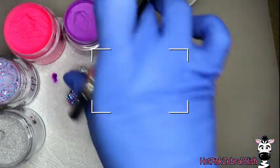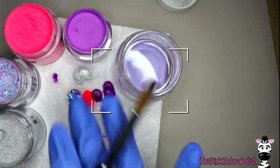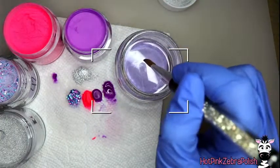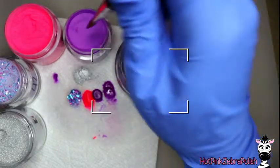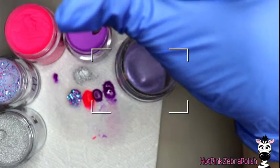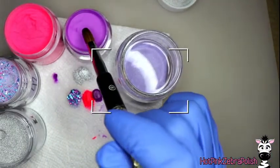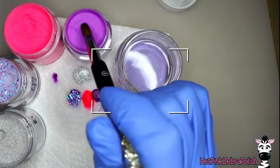And then as far as the tapping into the powders go, sometimes I like to do that. I like to flatten them out so that they don't have that little indent mark in them anymore. When you're grabbing your powder, after you got your monomer, don't dip your brush in straight down, and don't dip it in completely flat. You want it at a 45-degree angle to the powder. That's going to give you the best acrylic placement